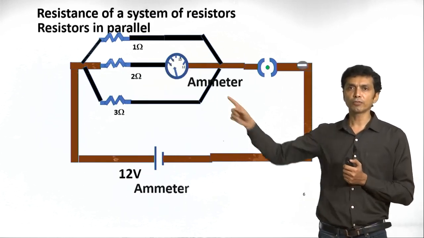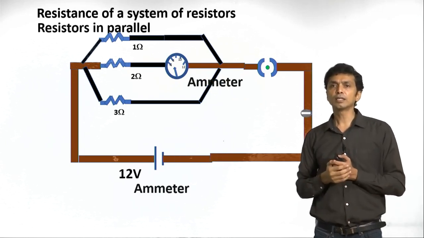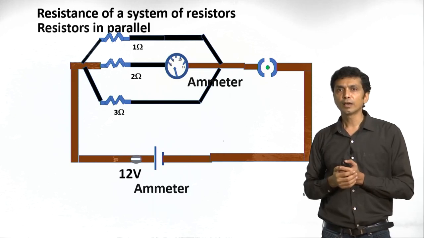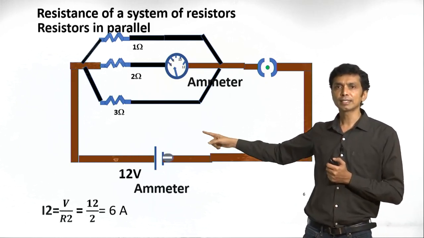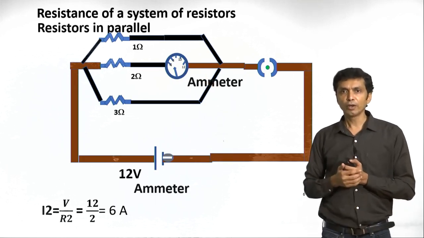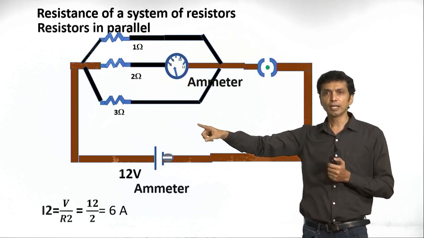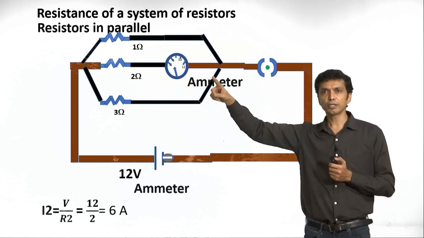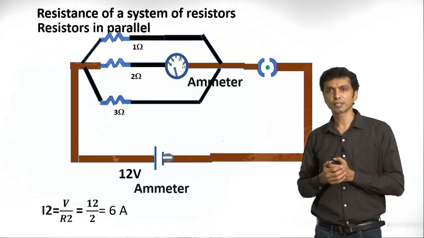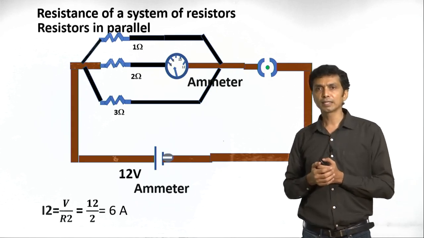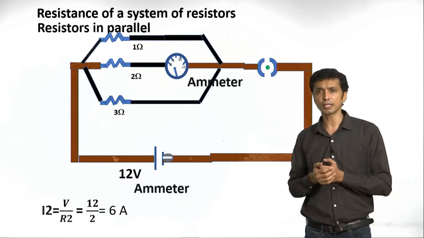Now if you observe, we have put the ammeter here. Let us start the current and let us see what will be the electric current. So if you observe, it is 6 amperes. And how did we get that? 12 volt is the power supply and 2 ohm is the resistor. So 12 by 2 is equal to 6 amperes. So that means the current is changing here, unlike the series resistance which we discussed earlier.